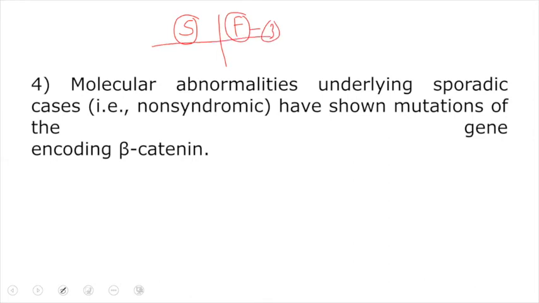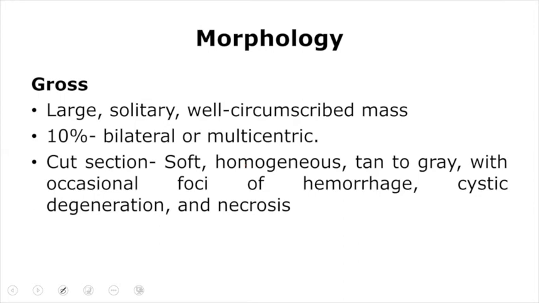Especially in the case of sporadic variants, there will be a mutation in the WT gene, but in addition to the WT gene mutation, there will be an additional mutation, especially involving the beta catenin gene, and it may also involve the P53 gene as well. So beta catenin and P53 gene mutation may happen alongside WT gene mutation in sporadic Wilms tumor. Okay? So let us talk about morphology and how the kidney will look in a child if this happens.